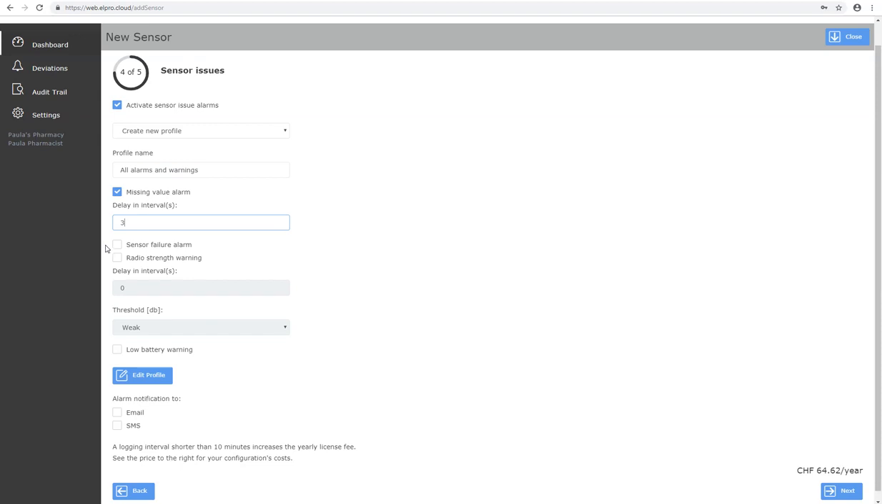A second type of alarm, a sensor failure alarm, is triggered if the measurement value recorded is implausible, which normally means that the sensor is broken. Hence, this alarm is hardly triggered, but we recommend activating this alarm as it indicates a severe issue with the measurement module. The third alarm, radio strength warnings, allow being notified in case the radio connection becomes weak or even bad,